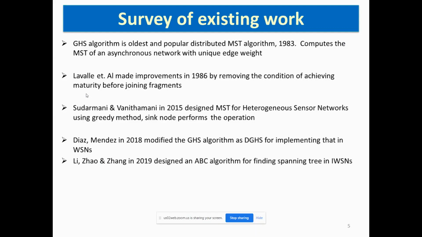In 2018 they used some acknowledgement messages in the GHS algorithm itself for solving it in wireless sensor networks. Other than that, there are not many distributed algorithms in wireless sensor networks for finding the MST, and there is no such work in the field of